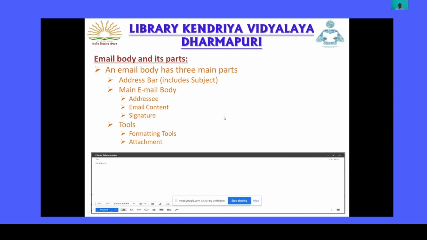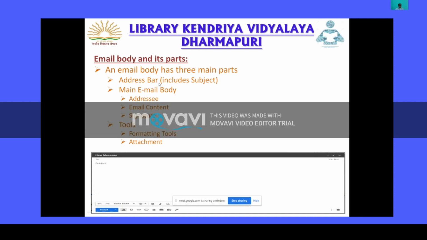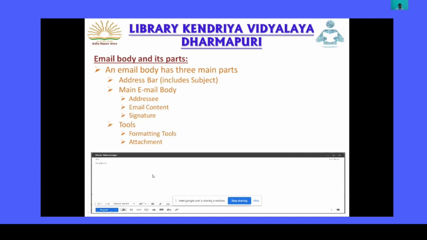Under the main email body, when we write an email, there are three parts. The address bar we have already discussed, then it comes to the main email body. Under the main email body, there are three parts.